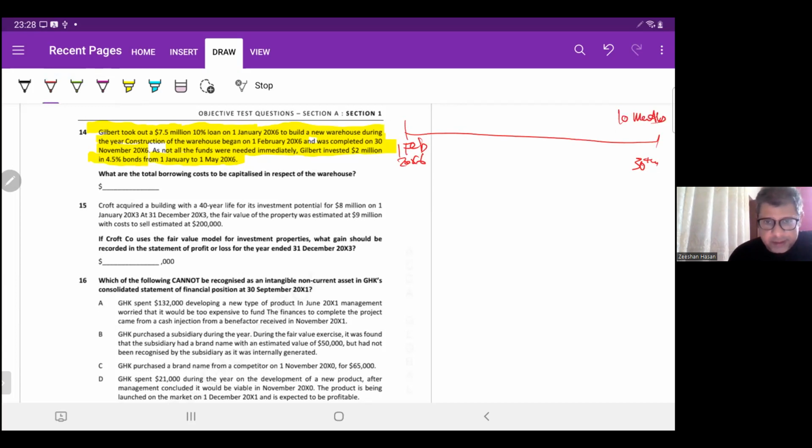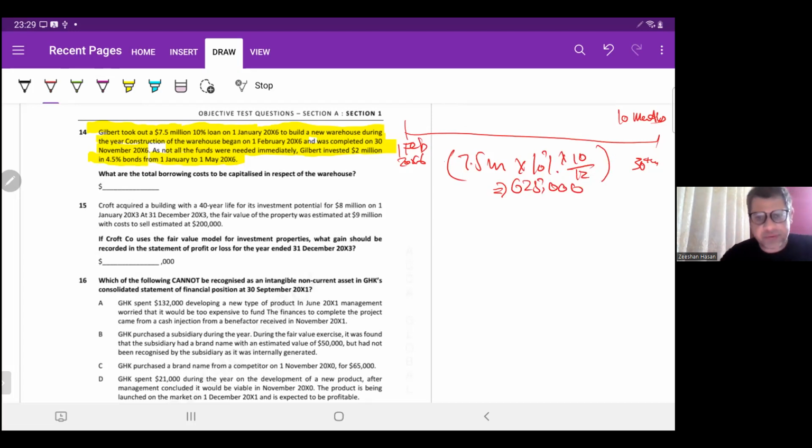This gives us how much? 7.5 million, interest rate is 10%, times 10 divided by 12 months. How much do we get? We get 625,000 till now. Any temporary investment income earned during this period should be netted off from the amount capitalized,